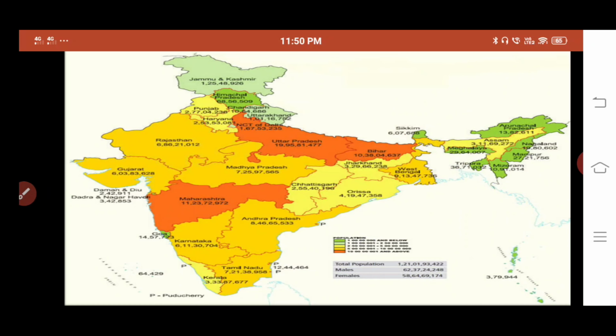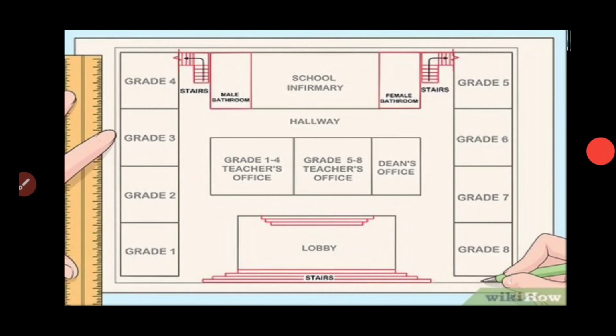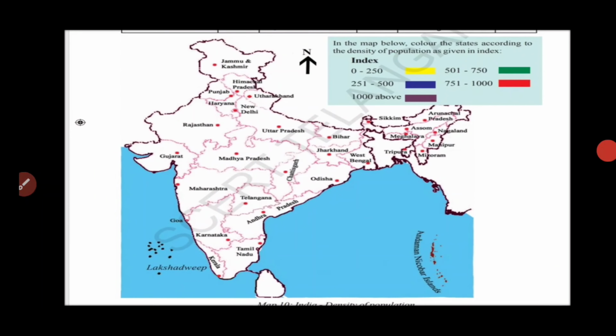So here we observe page number 10 in our textbook. They have given different density rates of population based on the year 2011, that means the census report according to 2011. Okay, every 10 years census recording will be there. So likewise 2011, that means 2021 next will count. Okay, so here in this map or table you observe